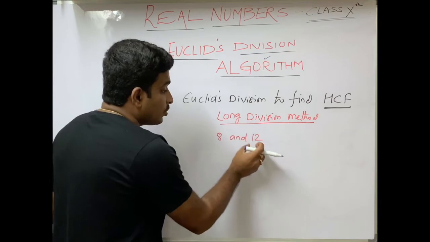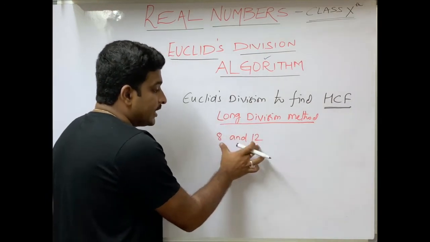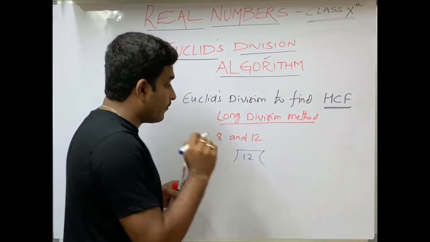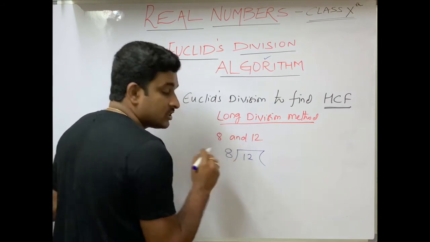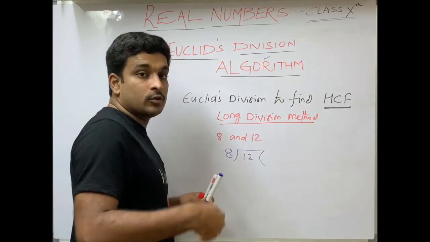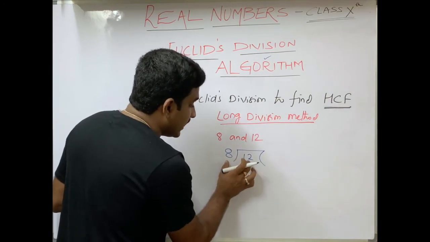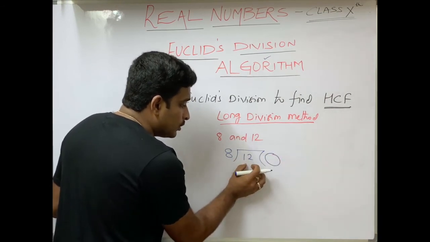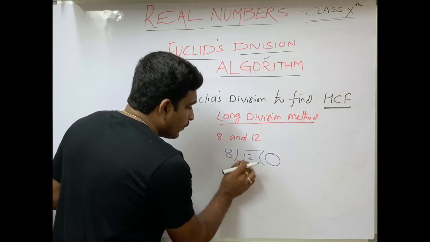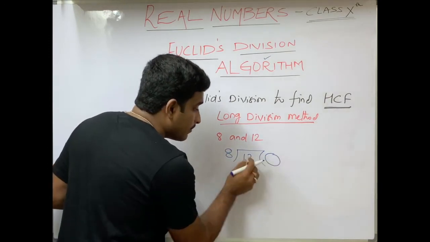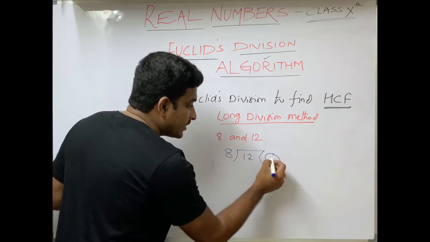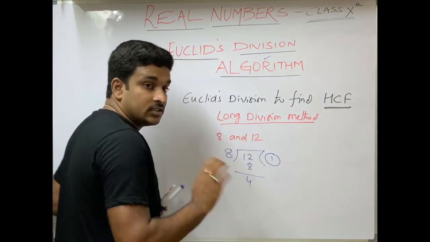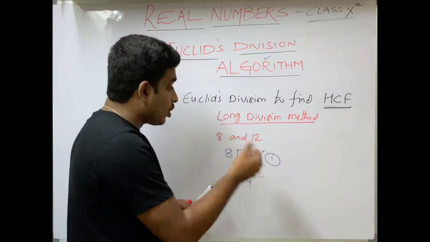See the algorithm. The highest number between both, 12, we take as the dividend. That is step 1. The least number, 8, we take as the divisor. That is step 2. These are called the algorithm, that is, how we proceed using different steps. When we divide 12 by 8, we take the number whose product is equal to or less than 12. 8 ones are 8, so the remainder is 4. We didn't get 0. When we get 0, that will be the highest common factor of 8 and 12.